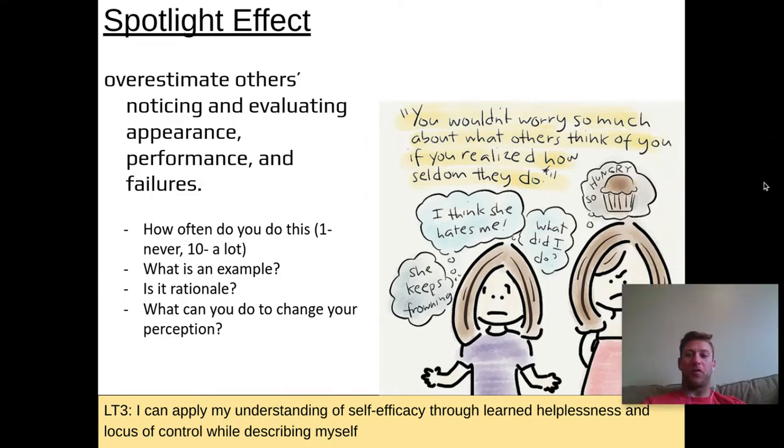All right, I love talking about this one. This is a good example, the spotlight effect. We all do this. I tend to do this a lot. We overestimate how much others are noticing and evaluating our appearance, performance, and failures. And so I want you to think about how often you do this and give me some examples. What I usually do in class is